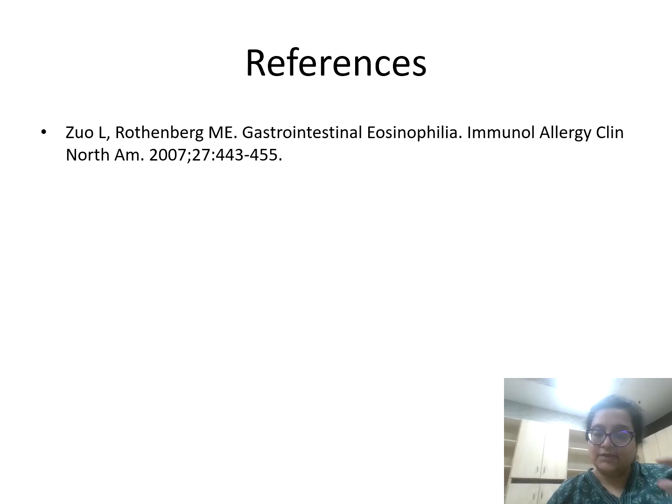So this is the reference. This is a very good paper; you can go and read it. I have made the lecture using this paper. This is the reference for this paper. And furthermore, the images are taken from here and there, but the reference is similar to this paper. You will get maybe a 2-mark question. You can just be asked in the Viva, or if you're writing about inflammatory bowel disease, which you will be asked in the exam, then you can mention eosinophilic gastroenteritis.